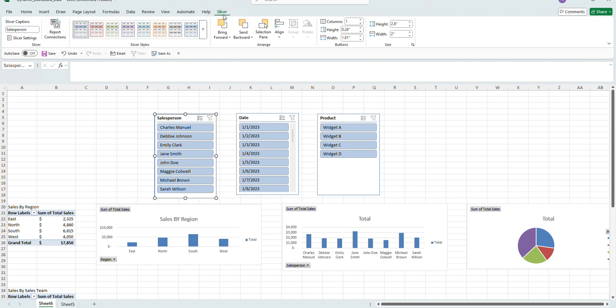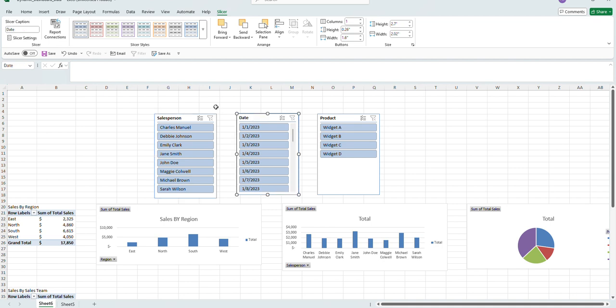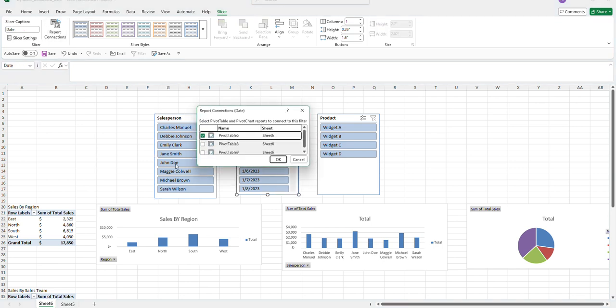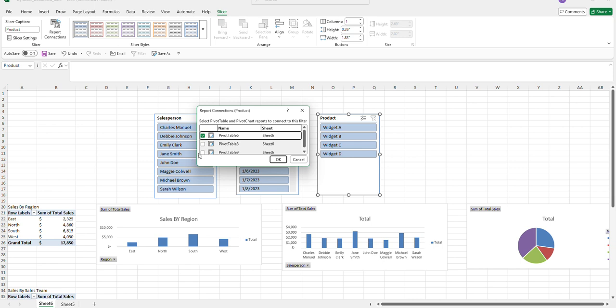So once you click on slicer, you see this right here, report connections. You will click here, and basically you would say connect all your data sources. So you have 3 data sources right now. You click OK. Same thing, you come here, report connections, and you want to make sure all these slicers are connected to all your data connections,